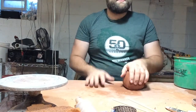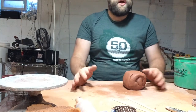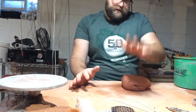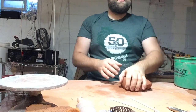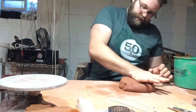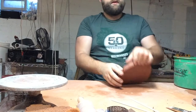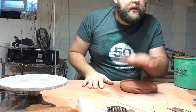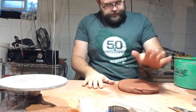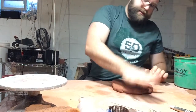It's going to get a little noisy here while I do this, but I've got a work table. If you've got a piece of wood at home or something, that works out well. So I'm just flattening this out. Alrighty. Alright, so I'm just using my hands to get this